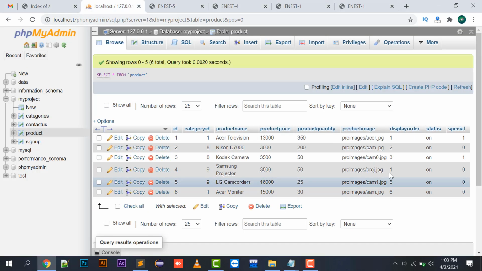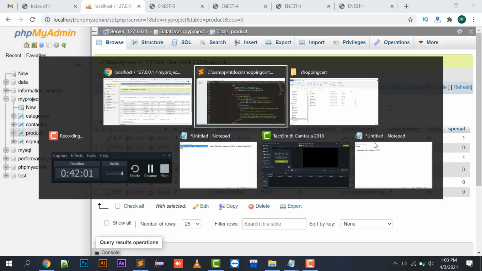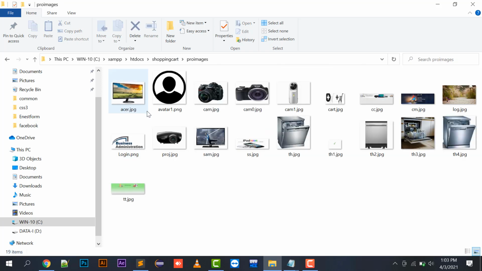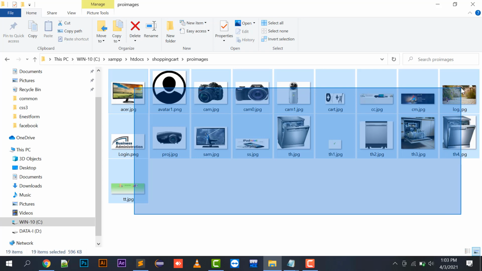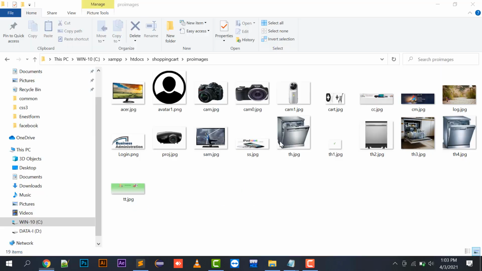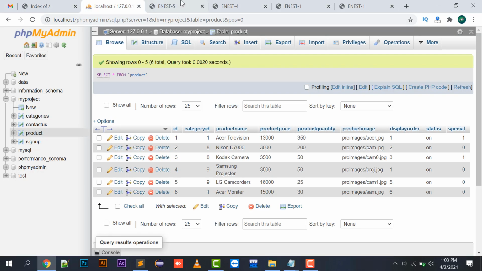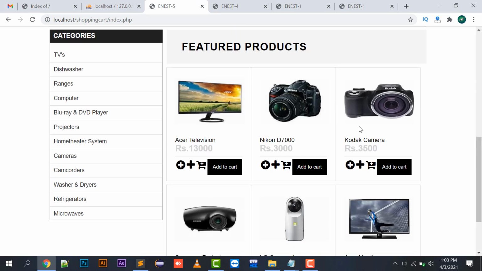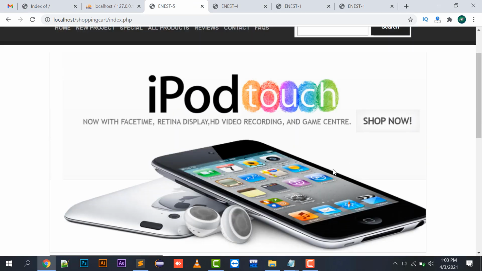So the product image contains pro images acer.jpg. In my folder I have the index.php file, and in the same folder the pro images folder also exists, and in the pro images folder all these files are saved. So in this way you can display the images dynamically from your database, and even the products from your database, right?